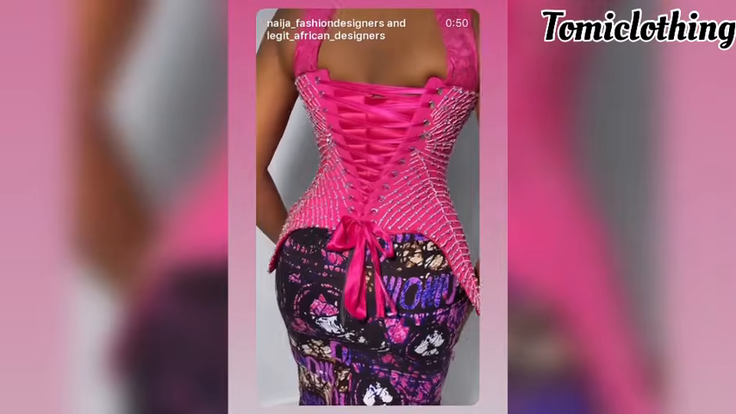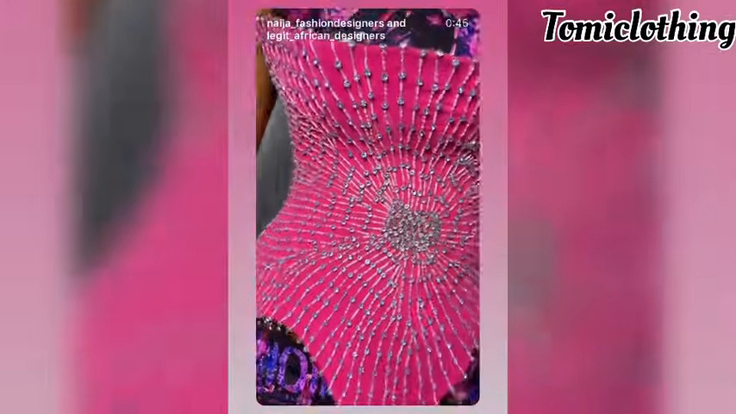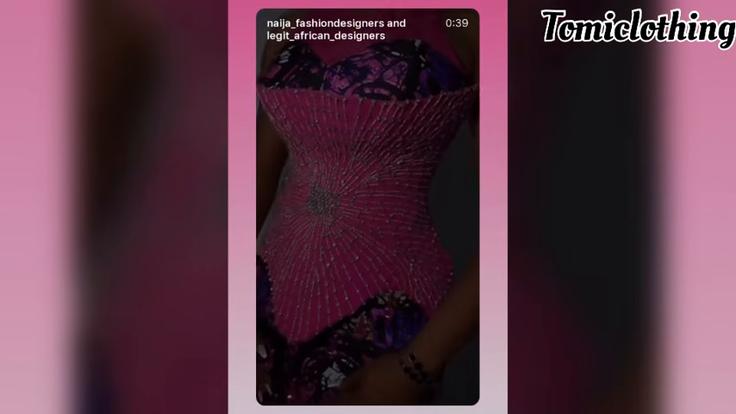So in this video I'm going to be teaching us how to draft this mid-bust funnel corset with an asymmetric